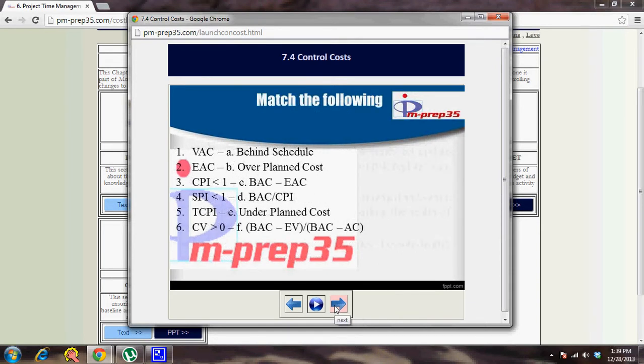So that's about the control cost process. This process deals with checking the performance as well as ensuring funding requirements and reserve analysis are done and health is communicated. The communication part again is part of the communication management process, but then you keep all the information and ensure the changes are done in an integrated manner. That's all about this process.